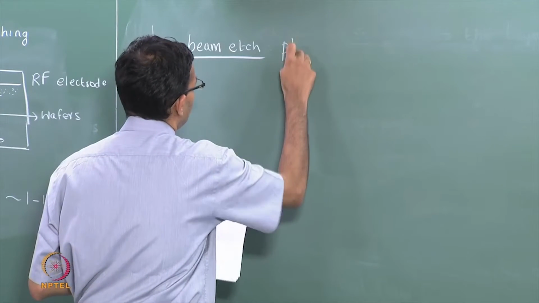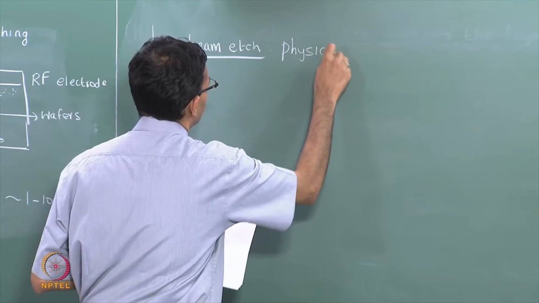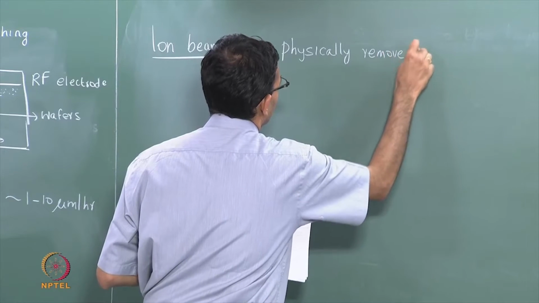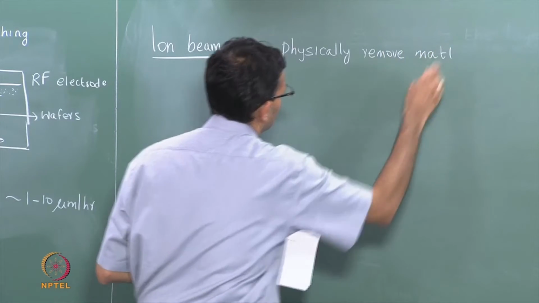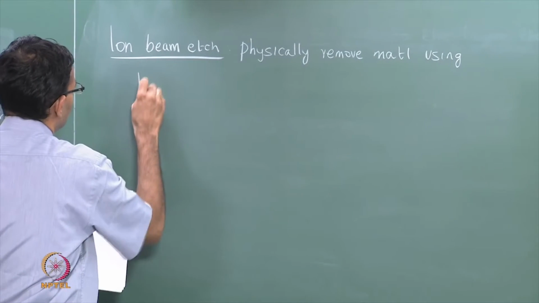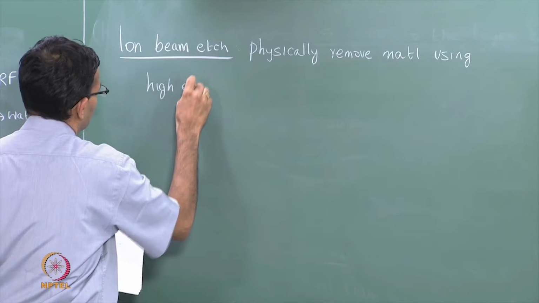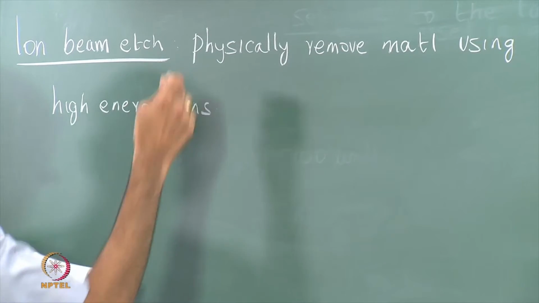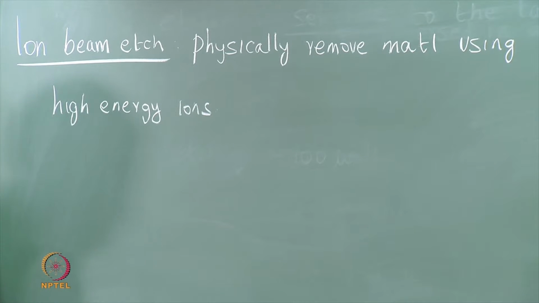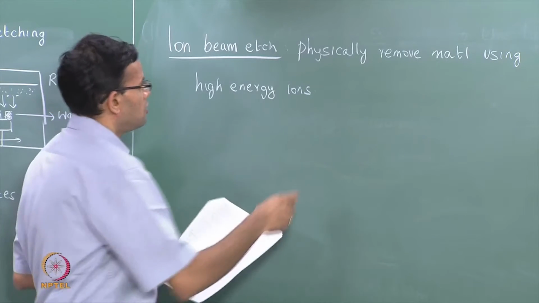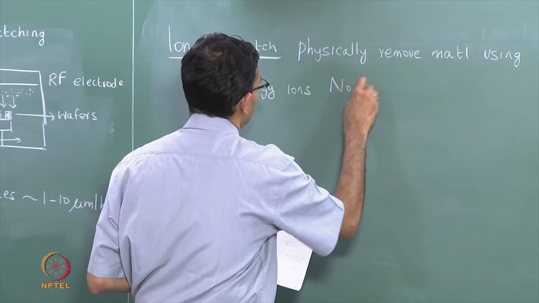So you physically remove material using high energy ions. In a way this is similar to the ion beam milling process that takes place in a TEM. So this has no selectivity